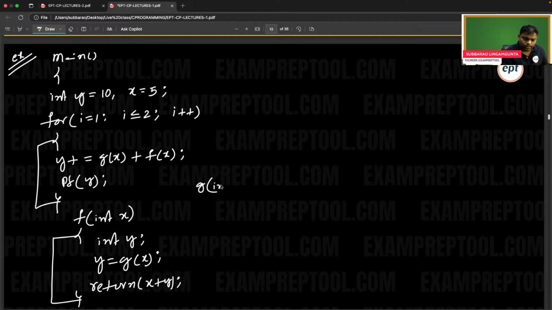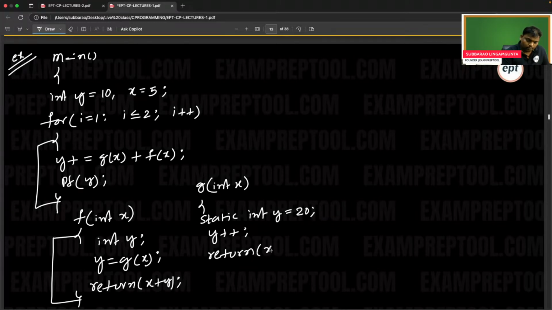g(int x) { static int y = 20; y++; return x + y; }